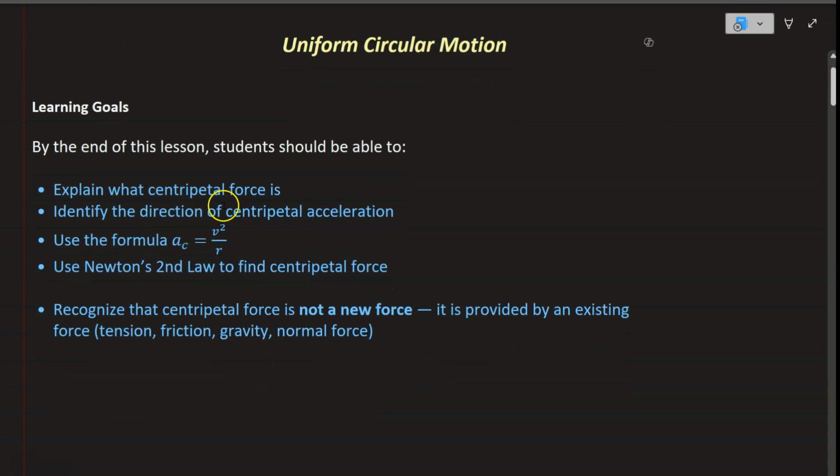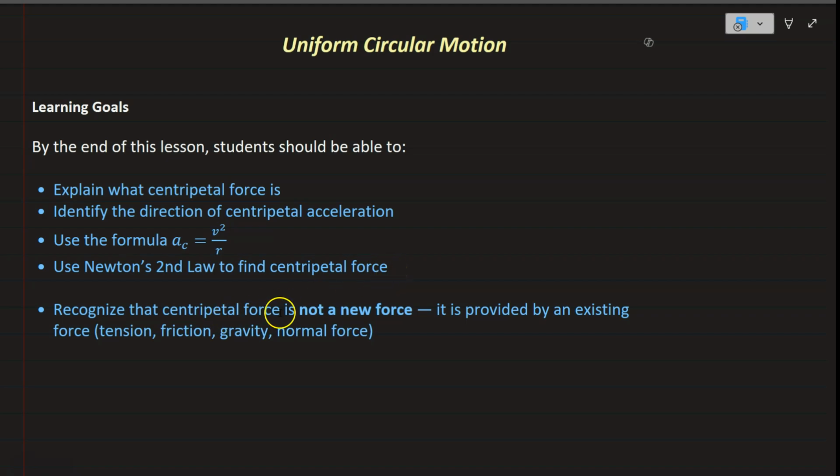We want to know what centripetal force is. We're going to talk about that, identify the direction of centripetal acceleration. We're going to use this formula, the centripetal acceleration, v squared over r. You don't need to know about the derivation of that, but if you have done a lab, you've probably done the lab work to actually come up with this formula, which is basically acceleration is inversely related to the radius and directly related to v squared, and then use Newton's second law to find centripetal force, and the fact